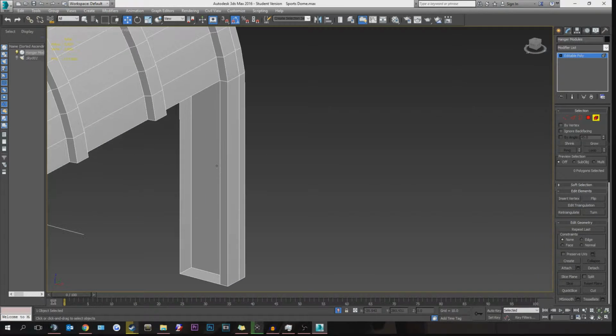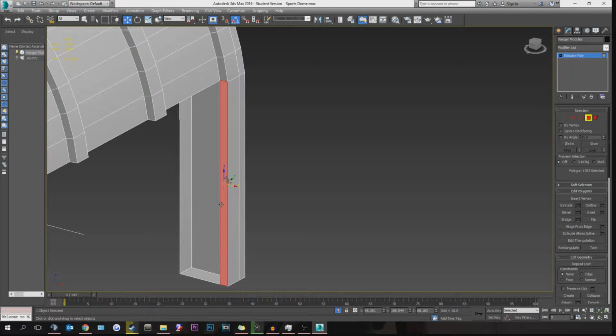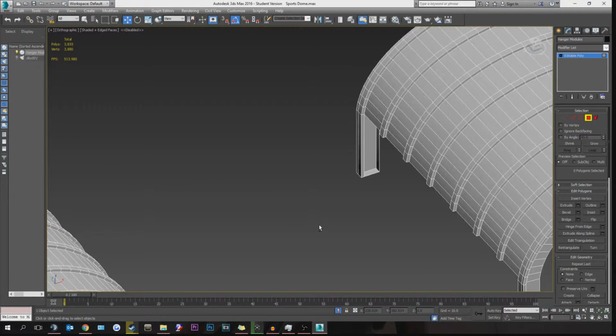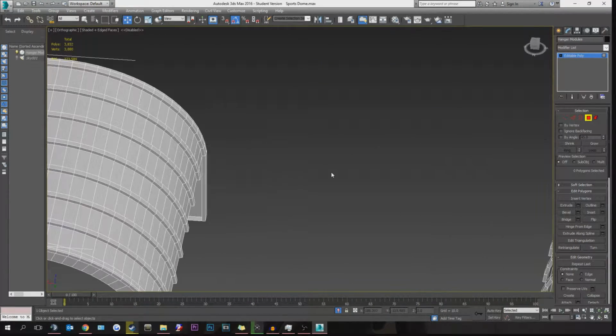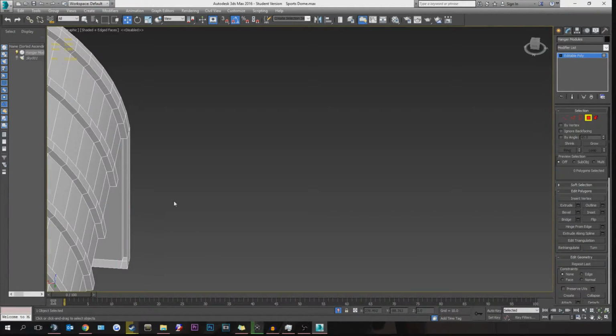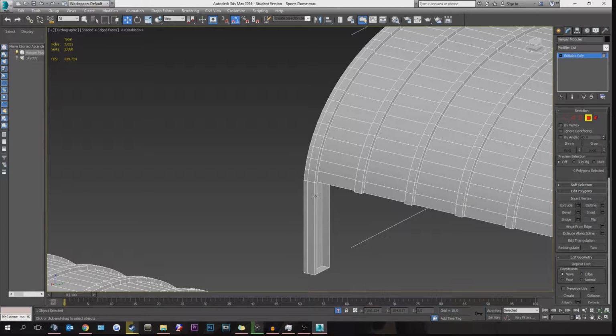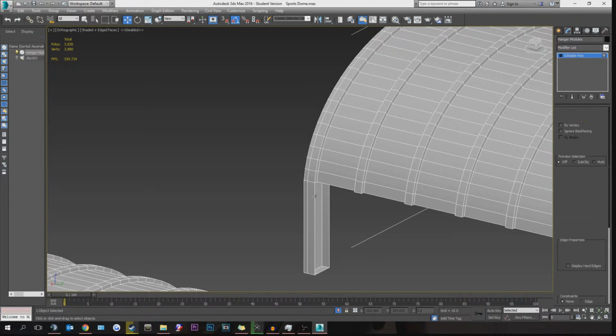In order to do that, we're going to have to do a couple of changes here. First one is going to be pressing 5 and deleting this extra face here that we didn't get to delete before. This is because in order to bridge something we need there to be an open space. So now we've done that, we can press 2,